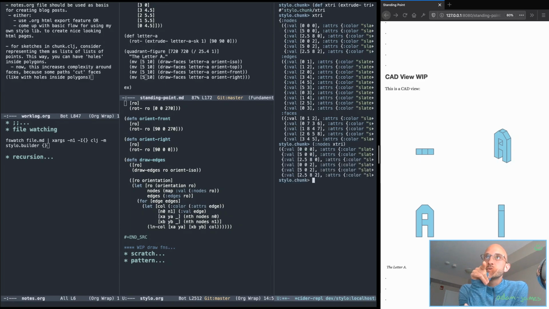I have this list of nodes that have the values in their attributes, which I don't need right now. So if I do map val onto nodes of xtry, boy, typing. Now I have just a list of the values, of the positions of the nodes, which is good. And then